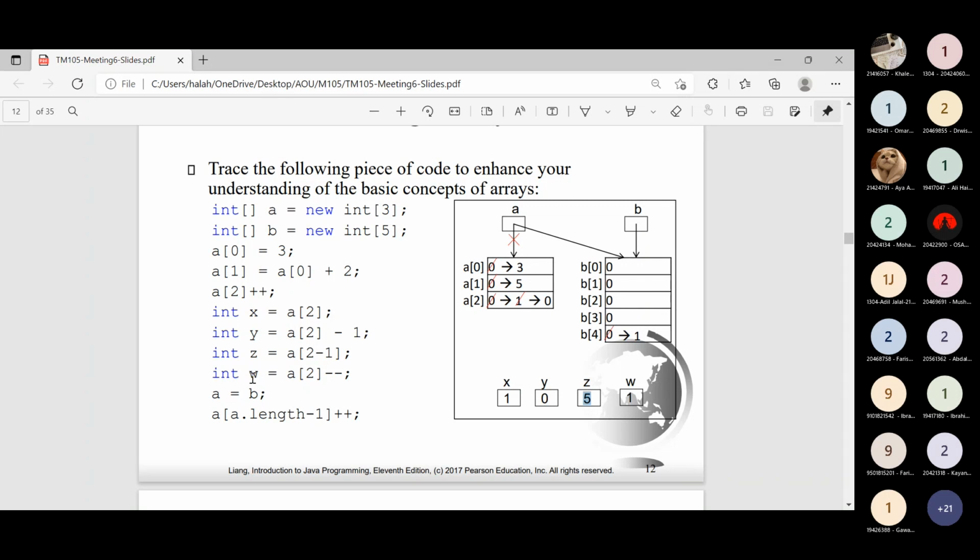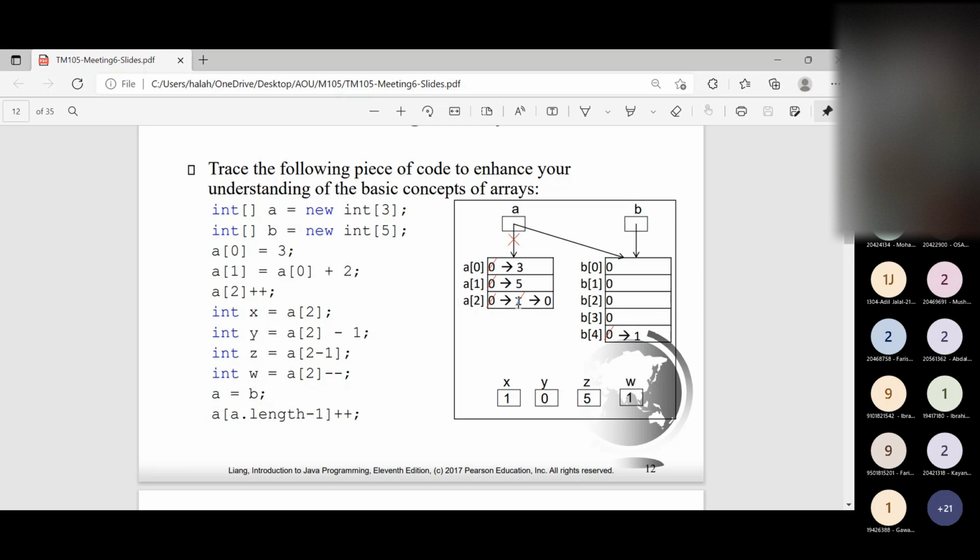We have the variable w also, which has the value of A at index 2. A at index 2 is actually 1, but we will decrement it by 1. So A at index 2 is 1, then it will become